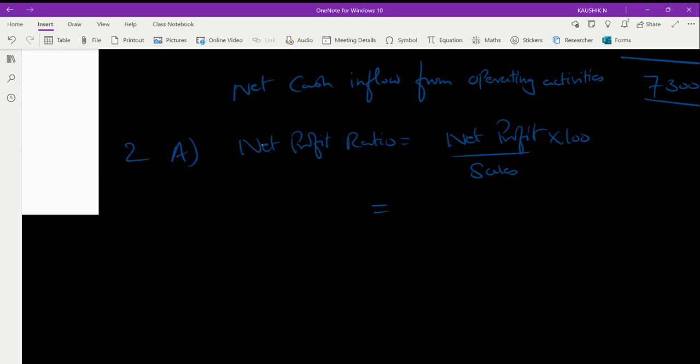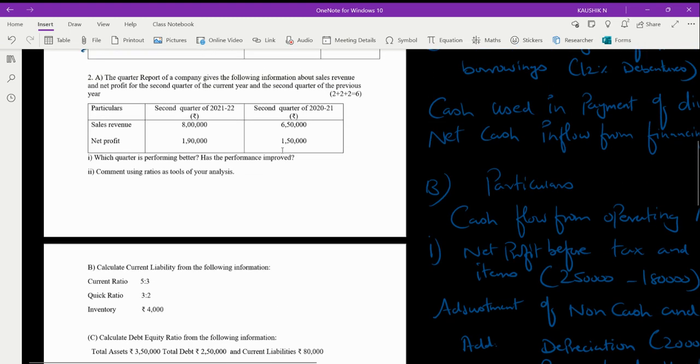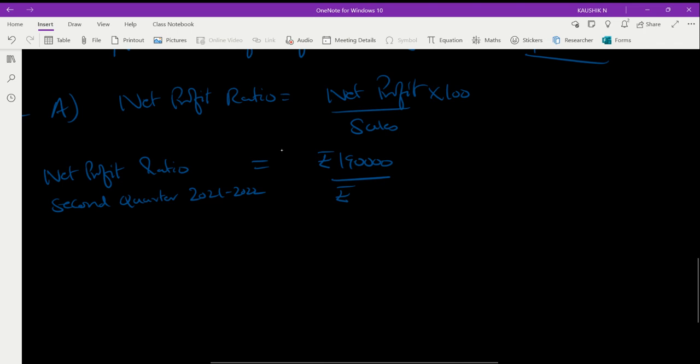So first you go for net profit ratio, second quarter, which year you're going to perform, 2021-2022. So for this, the net profit value is given as rupees 1,90,000 divided by your sale value. So what is the sale value? If you see, it is given as rupees 8 lakhs. Am I right? 1,90,000 by rupees